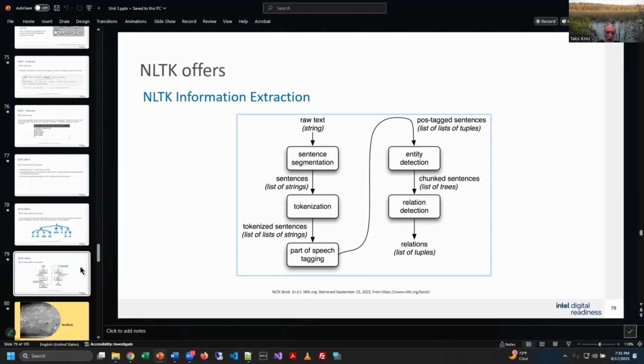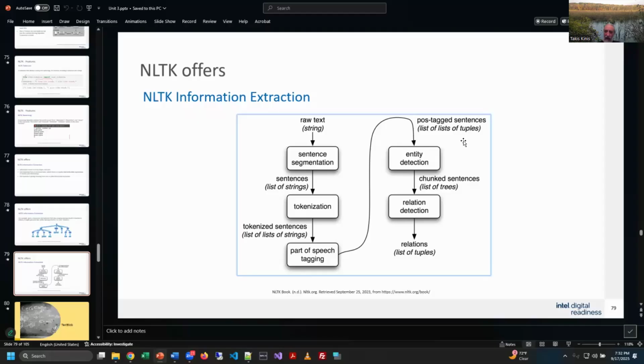So the raw text comes in, right? Sentences segmented, so sentences are separated. That's the tokenization process. Then we have a list of lists of strings, right? And then part of speech tagging, where we basically break down the words, like is it a noun? Is it a verb? Is it a pronoun? Is it an adjective? That kind of thing.